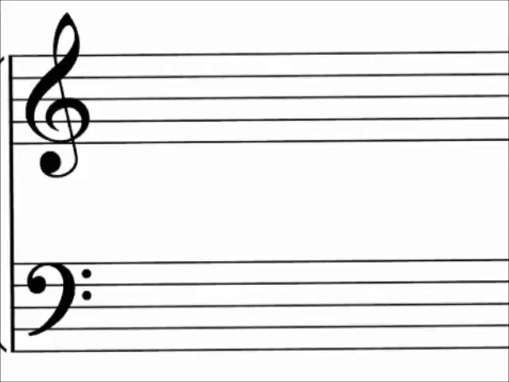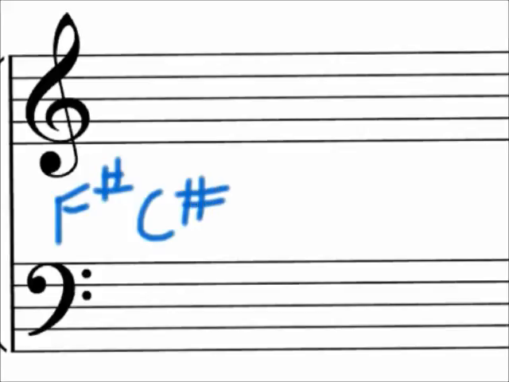So here we go with diminished triads on the staff. Let's start with the key of D major. D major has two sharps in it, and those sharps are F sharp and C sharp. Okay, so we draw